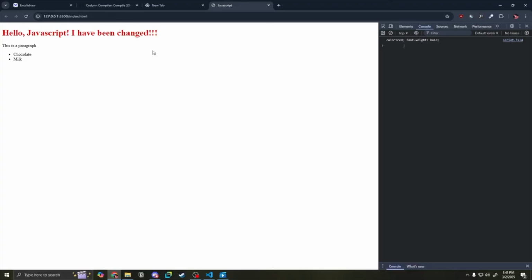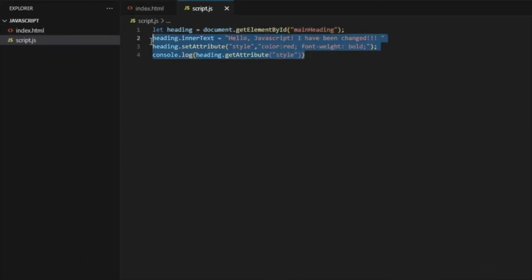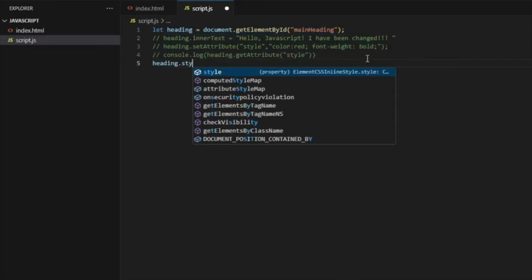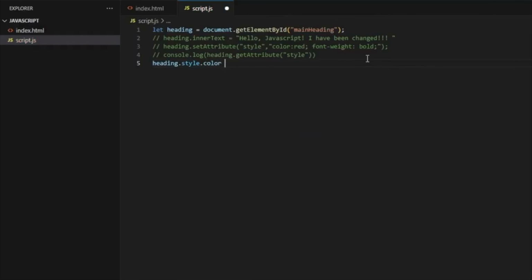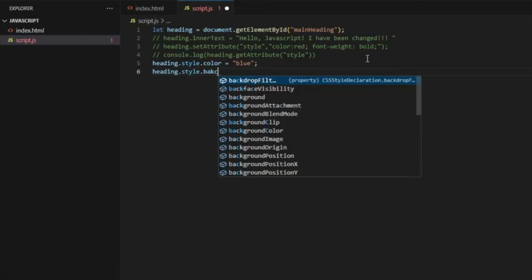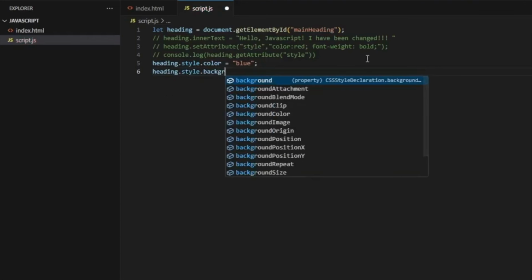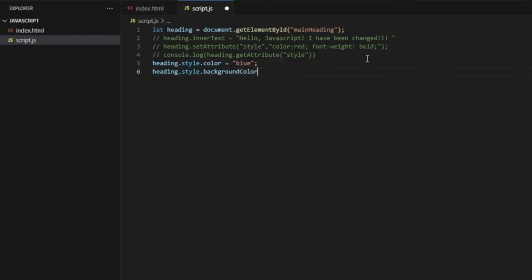And instead of using the setAttribute, we can also directly modify the styles with the .style property, and I'll show you how that can be done. So if I comment this out and write heading.style, and write our style property color equals, and then our value blue, and if we write out heading.style.backgroundColor equals light gray,